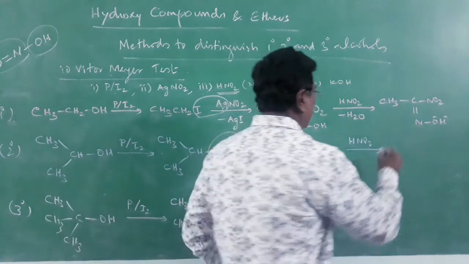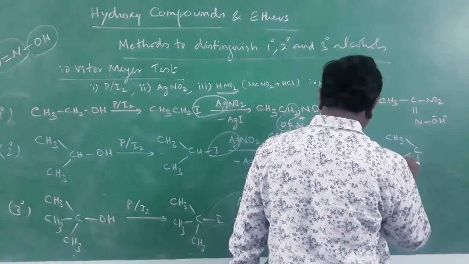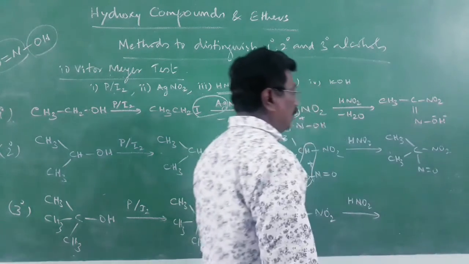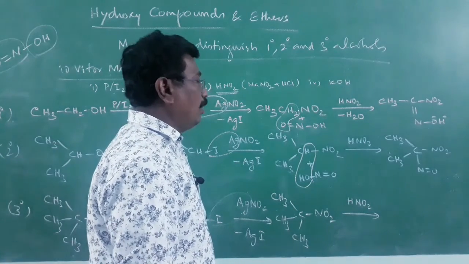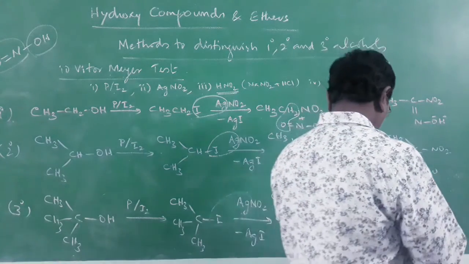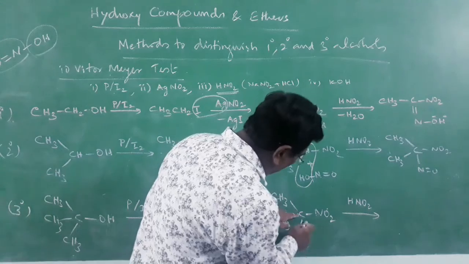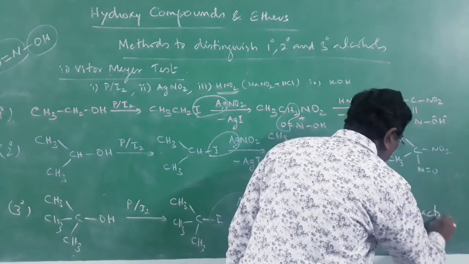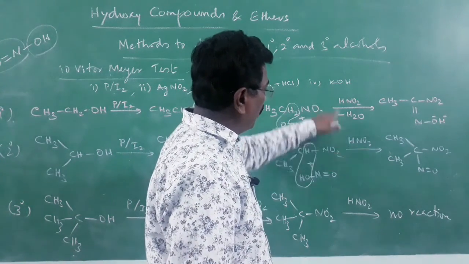Now the product is CH3C(NO2)(NO)CH3. We have a nitro group and a nitroso group, 2-nitro-2-nitroso propane. Okay? We call this a pseudonitrole. When it is further made to react with KOH, of course, there is no hydrogen here, and therefore no reaction. So nitrous acid reacts only with primary and secondary, not with tertiary.